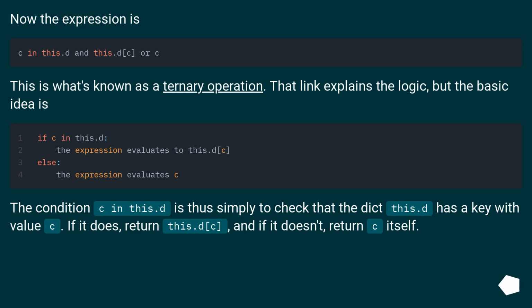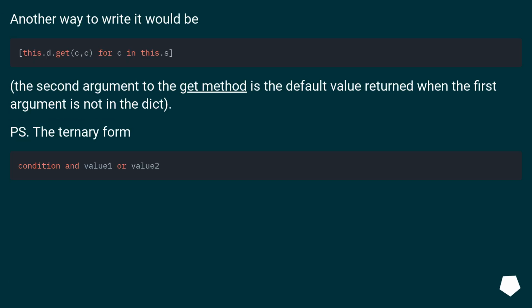The condition c in this.d is thus simply to check that the dict this.d has a key with value c. If it does, return this.d[c], and if it doesn't, return c itself. Another way to write it would be this. The second argument to the get method is the default value returned when the first argument is not in the dict. PS. The ternary form